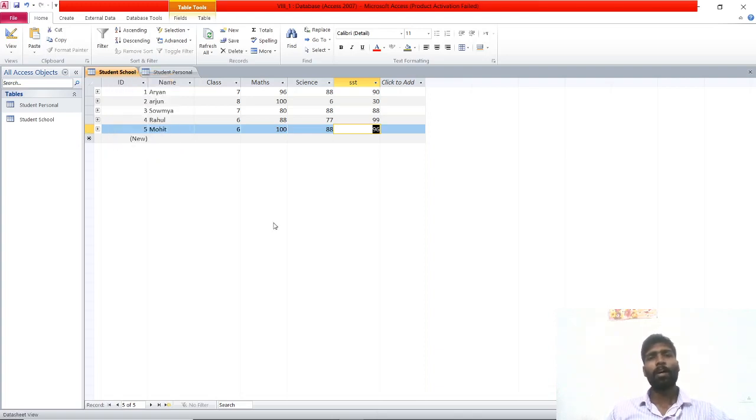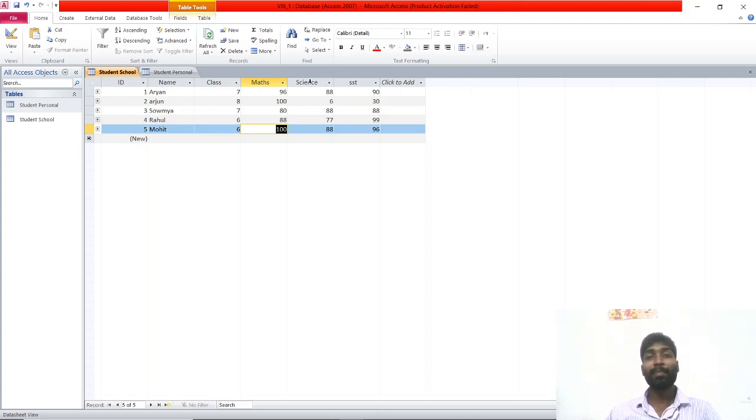Now, how many students got 100 in mathematics? Kindly see the table. Here, Arjun and Mohit. Students, be clear in this. In this table we have only two students. For your understanding, if there are 10,000 records, and in 10,000 records 10, 20, 30 members got 100, how will you find them? It is difficult to find, correct? Okay sir, in mathematics 100. I want both subjects, math also and science also 100.